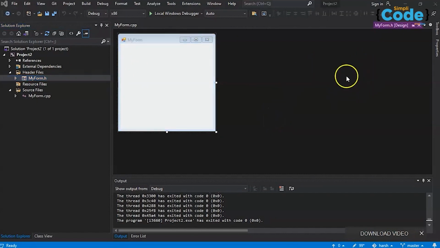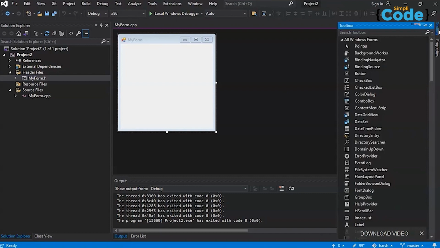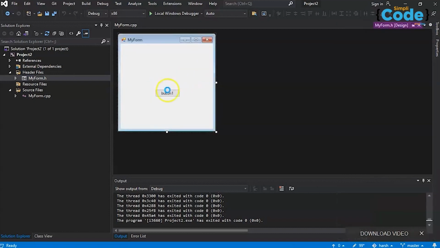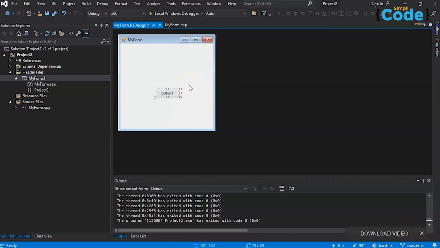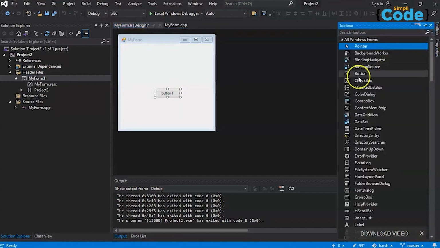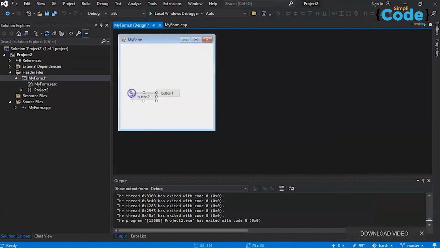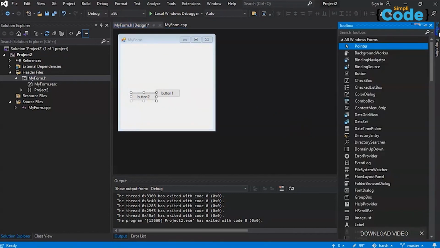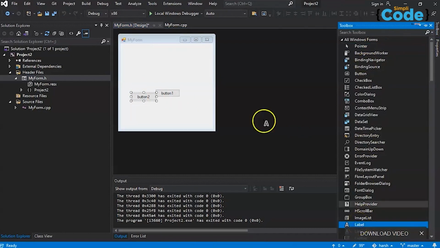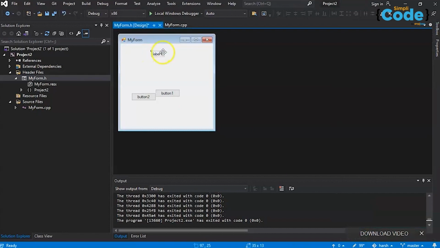We can also add some buttons and labels to this form like this. We can click on this toolbox, then we can select this button and we can click this over here. So this is our button and we can select some more labels. Alright, we can click on this toolbox again and select another button like this over here, and now we can select a label, let's say, and click over here,